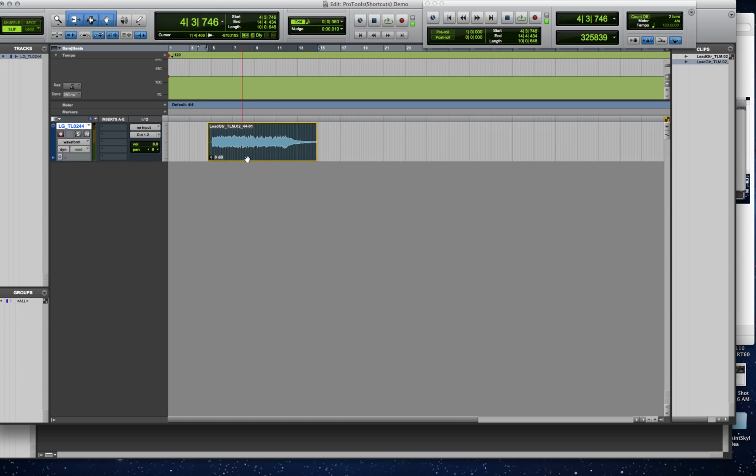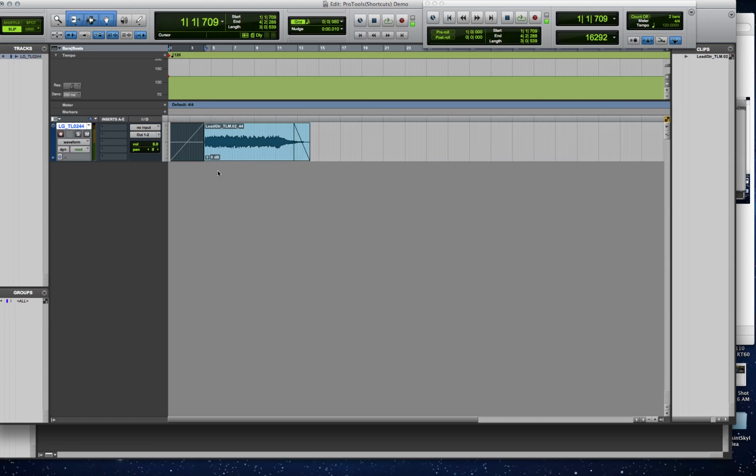If I want to put a fade in, if I go to this end, you can see that little square up in the top right hand corner. When I do that, if I move this out across here, it creates a fade. If I want to come this side and do the same thing, it creates a fade on that side as well. So that's the Smart tool. That's another very useful tool to get workflow a little bit quicker. So that's for the edit tools, which you'll use for editing. Now, while you're also editing,